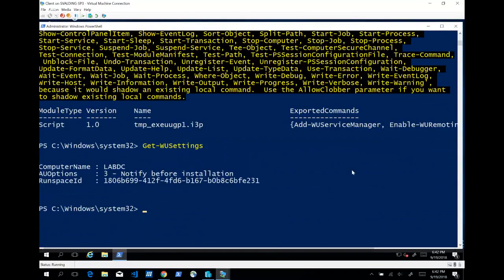There we go. So you can see I have the auto updates on my DC set to notify before installation. You'll notice that it comes back as an object. Another one, and this is kind of a big gotcha for implicit remoting. If you're using commandlets that have methods tied to them,